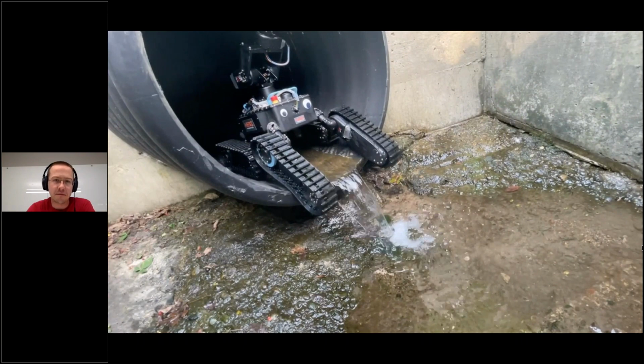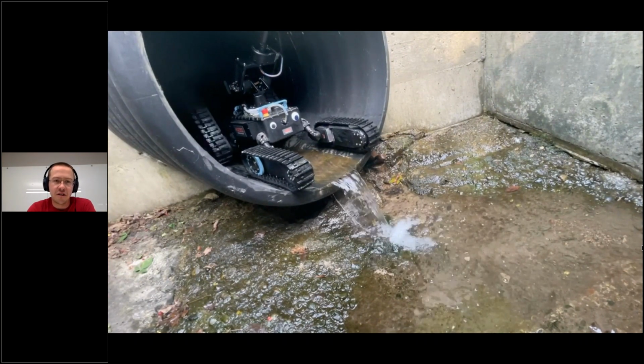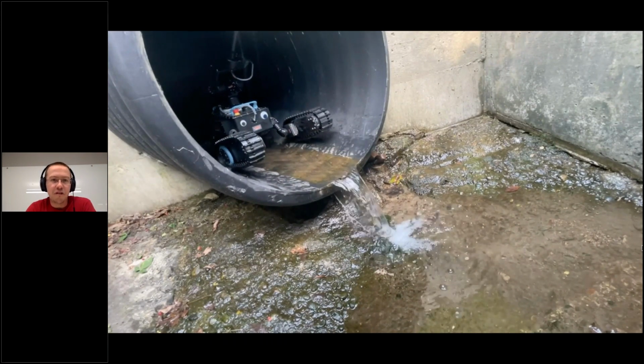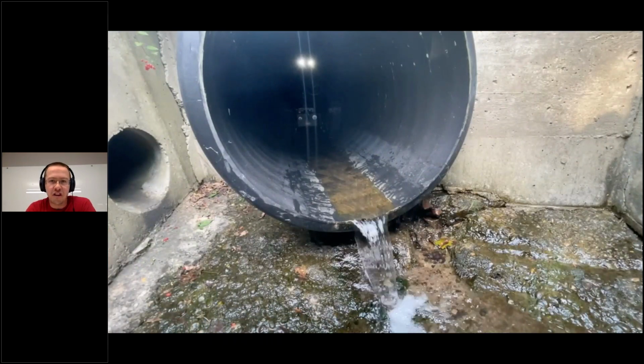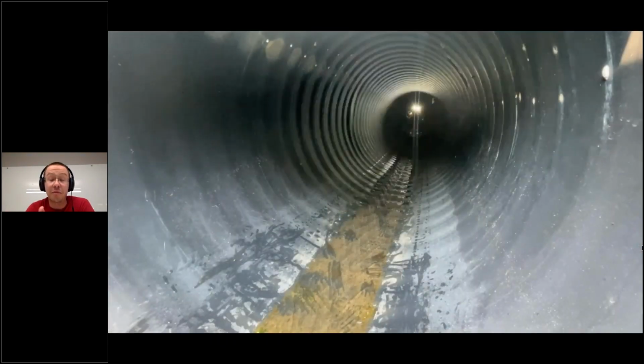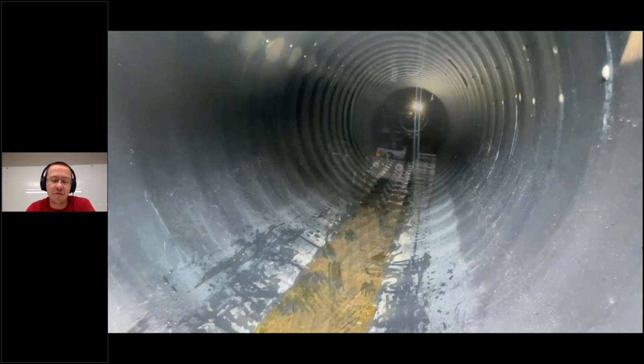You can do that remotely. And then once it gets in, we can just flip the tracks around, drive, start inspecting. Once you're in the pipe, this one's a bit of a straight shot, but talking to customers or people that we know that do sewer inspection for a living, storm sewers in particular can be extremely challenging